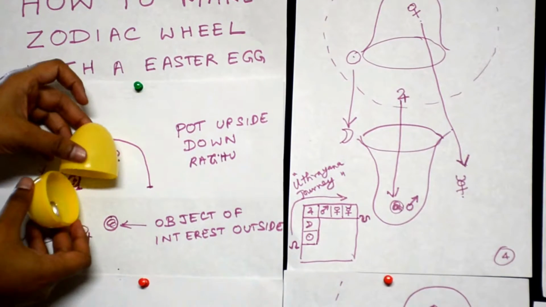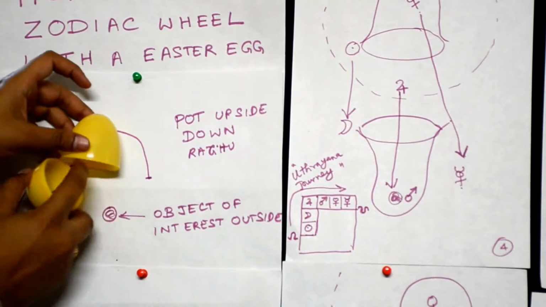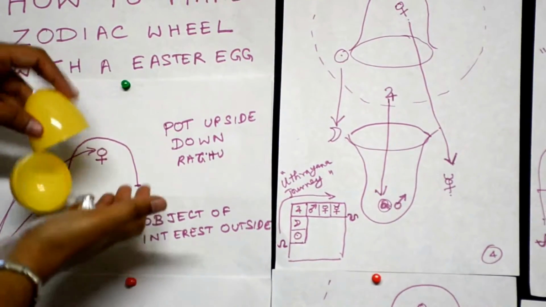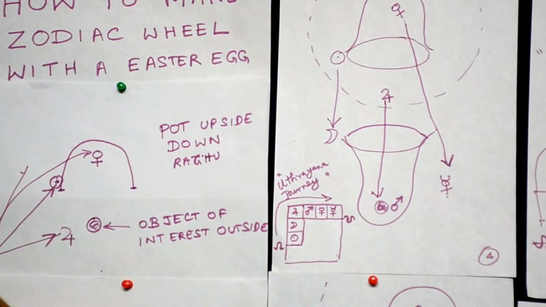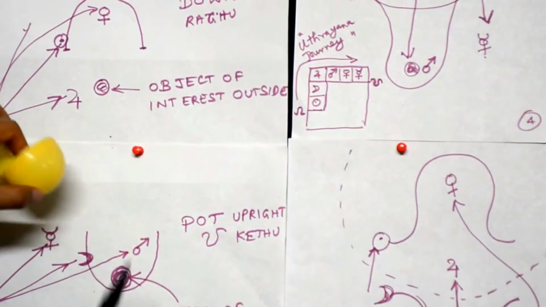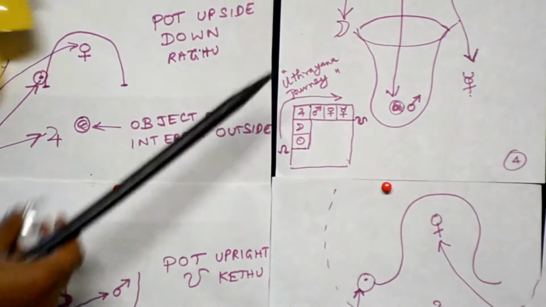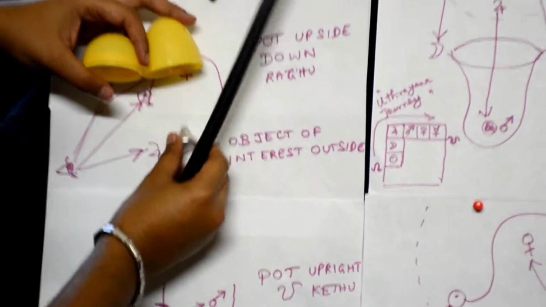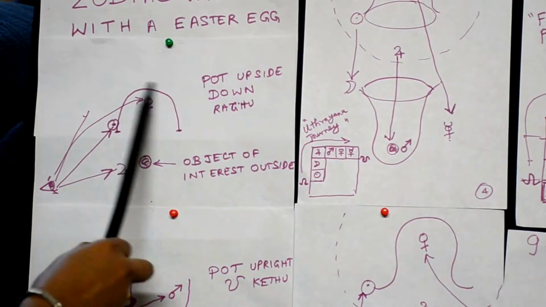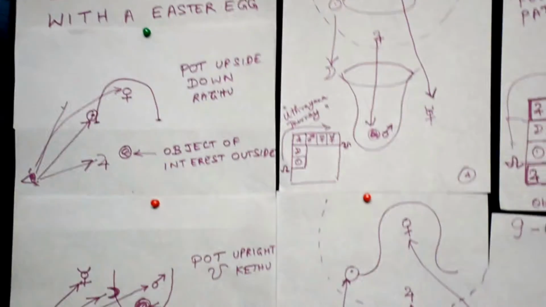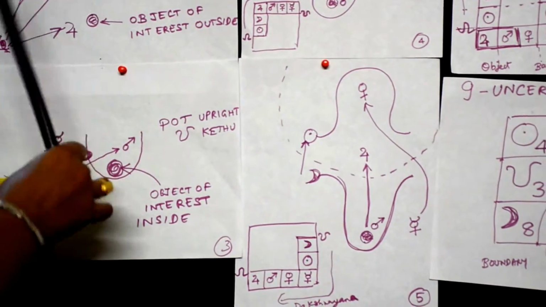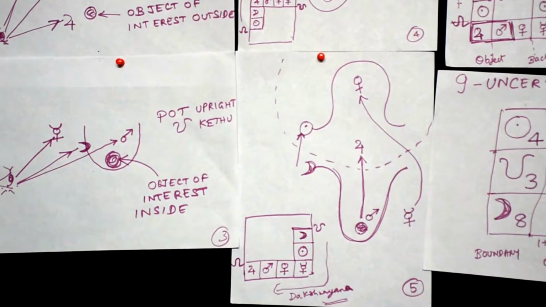So the first step is to make sure that the egg is made up of two parts. One is upside down, wherein whatever you put inside it will fall down. The second part is upright, where whatever you put inside it will stay within. In the upside down piece you can see that the object is here, and this shape tells that the particular part is upside down. And in the upright part here you can see the part is upright, and the object of interest is marked here.